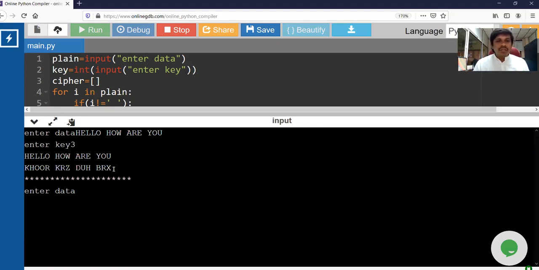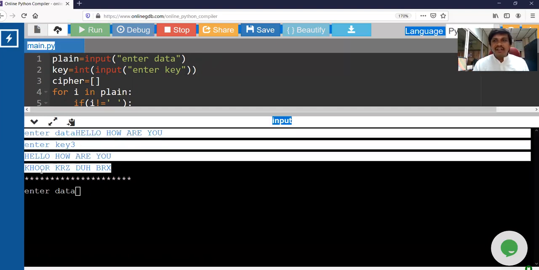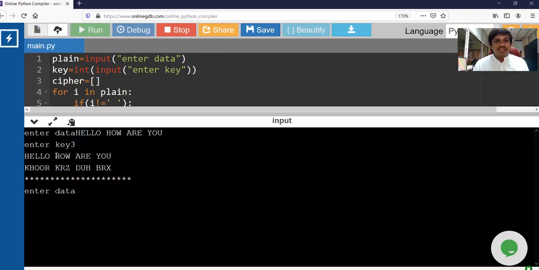Now I need to give this data as input for decrypt operation because this is encrypt operation. So the output of encrypt operation should be the input for decrypt operation. Then I should get the right original text if I give the right key.